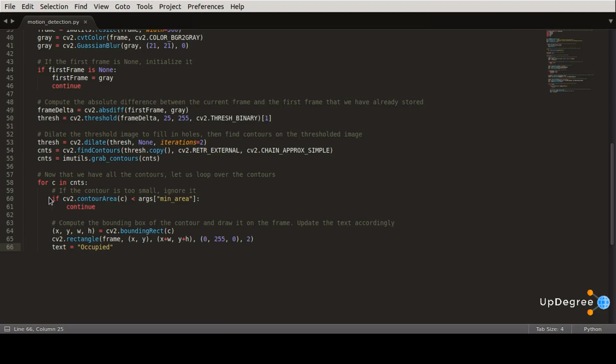Now that we have our background modeled via the first frame variable, we can utilize it to compute the difference between the initial frame and the subsequent new frames from the video stream. Computing the difference between two frames is a simple subtract where we take the absolute value of their corresponding pixel intensity differences. So here frame delta equals background model minus current frame. In this case we are computing the frame delta by computing an absolute difference between the first frame, which we have assumed to be the background, and the current frame, which is the gray. So the delta between these two frames is stored in frame delta.